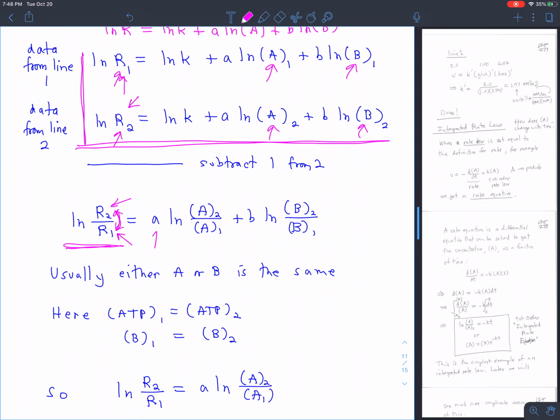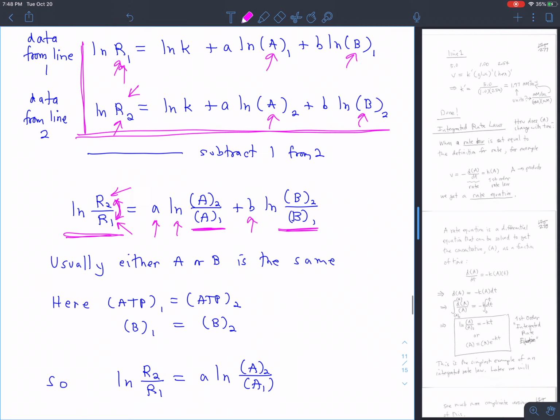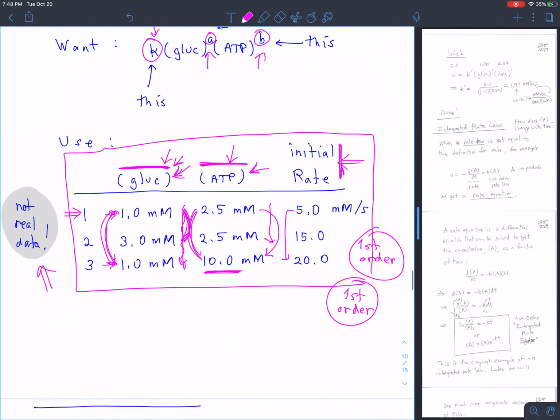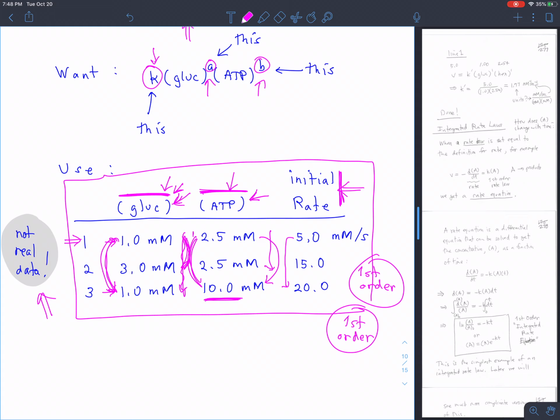That has to equal the power for A, the order for A, times the logarithm of the ratio of the concentrations for A for row 2 and row 1, and likewise the power for B times the log of the ratio of concentrations for B. Now, that's a good relationship, but in fact, in row 1 and row 2 up here, the A